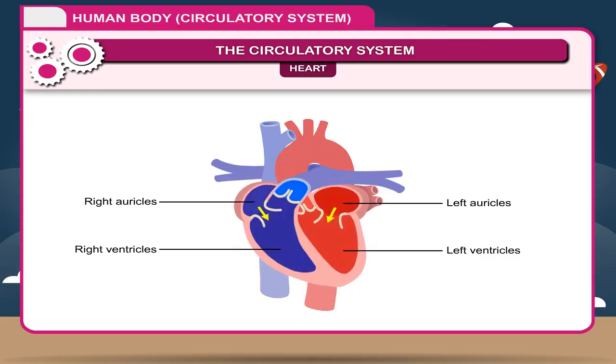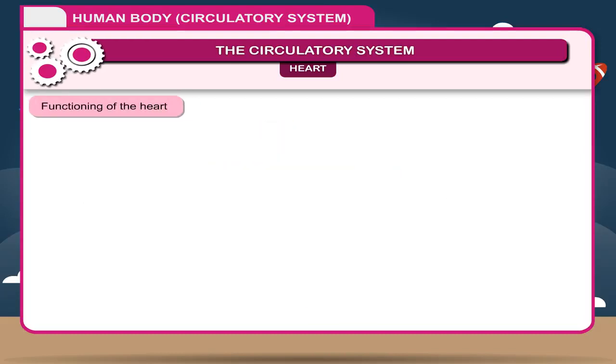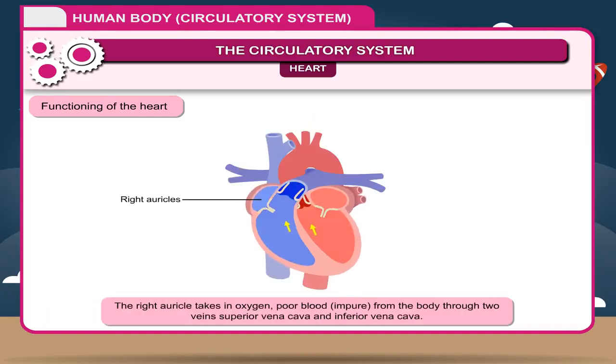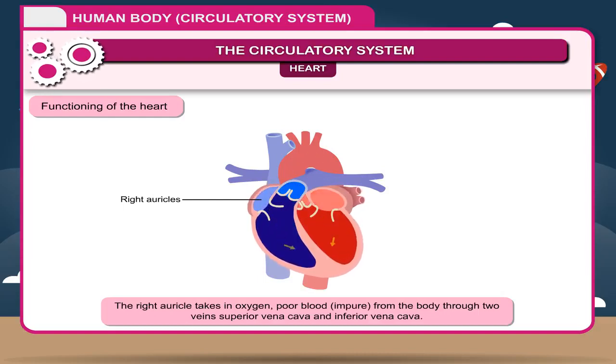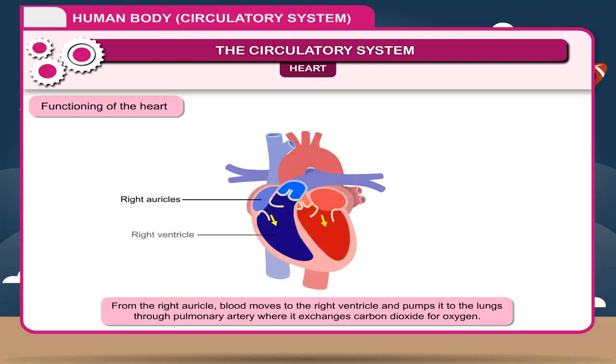The walls of these chambers are made of a special muscle called myocardium, which contracts continuously and rhythmically to pump blood. Functioning of the heart. 1. The heart pumps blood to all parts of the body. 2 pumps work simultaneously. 2. The right auricle takes in oxygen-poor, impure blood from the body, through 2 veins, superior vena cava and inferior vena cava. 3. From the right auricle, blood moves to the right ventricle and pumps it to the lungs through